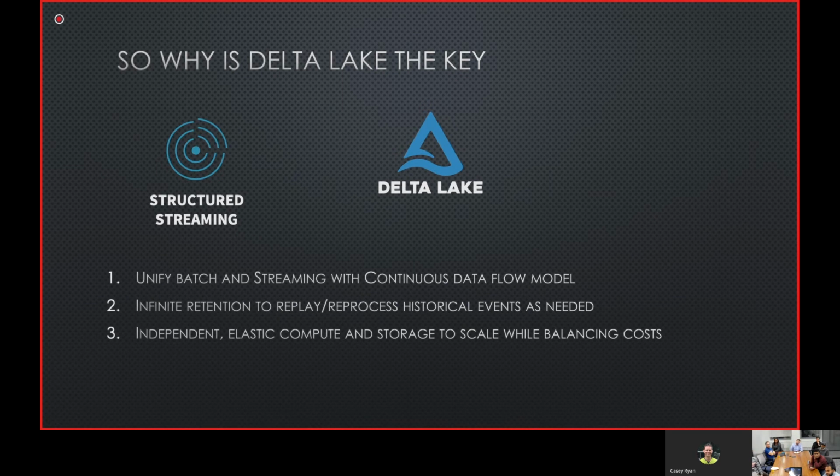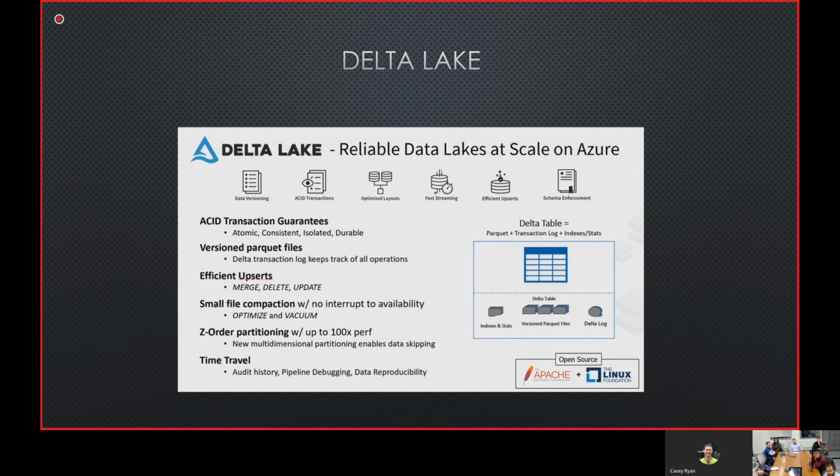So even if you're not using Spark and you have some other way of reading the parquets, you just lose the Delta Lake piece. Delta Lake generates a special metadata set inside of your folder structure that allows the Spark APIs to read it correctly, to know all the compliance and what the most recent JSONs and parquets are. I realized I had jumpy things in there, my bad team. With Delta Lake, you get ACID transactions, versioned parquet files, efficient upsert, small file compaction, Z ordering, and time travel.